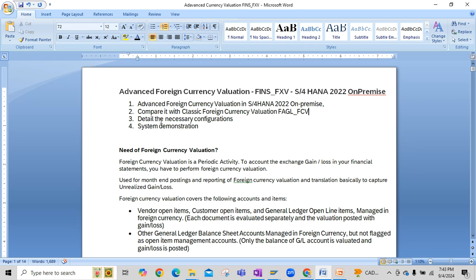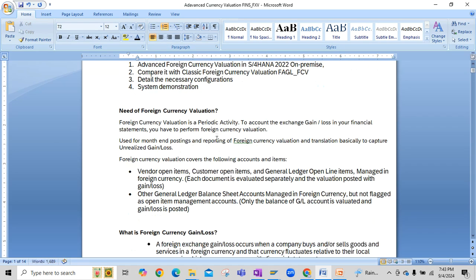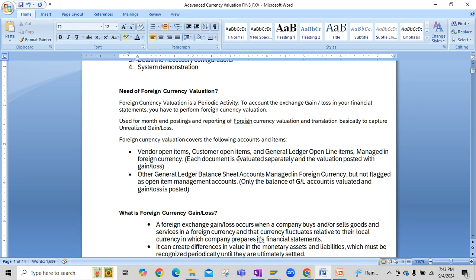Then we will see what necessary configurations are required to enable this advanced currency valuation. In the last, we will perform a system demonstration, or a test case in the system. To proceed further, first we will understand what the need for foreign currency valuation is, or why we do